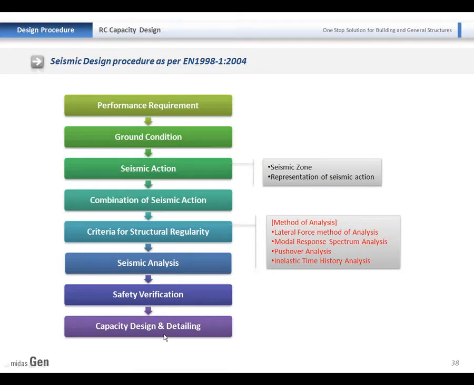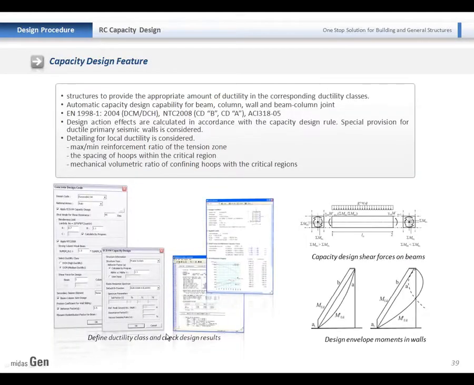Also, the detailing is considered. This capacity design has been implemented in GEN based on Eurocode 8 and also the Italian code, which is NTC 2008. And also for American standards, we can perform the strong column weak beam design.